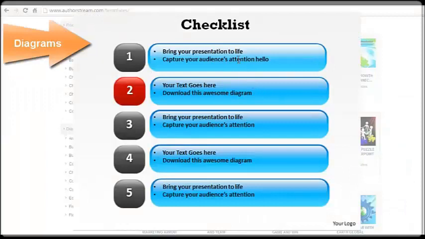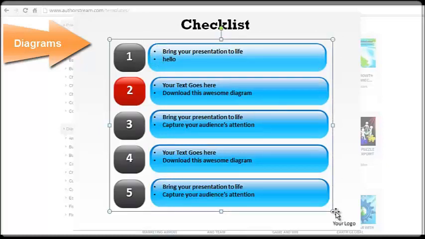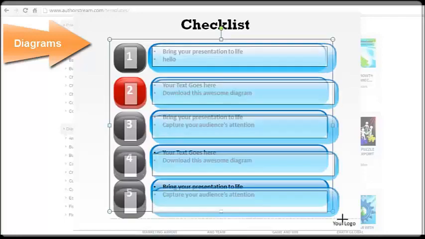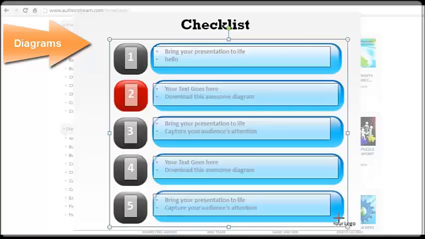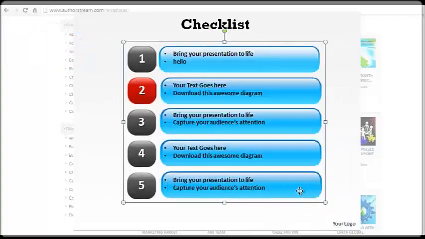On the other hand, a PowerPoint diagram consists of graphs or shapes that can be altered as per your requirement. These diagrams are vector files and are 100% editable. They can thus be enlarged or resized without any loss of quality.